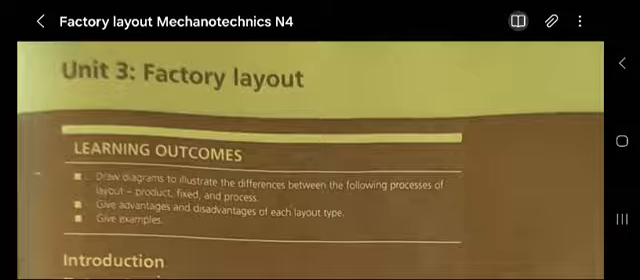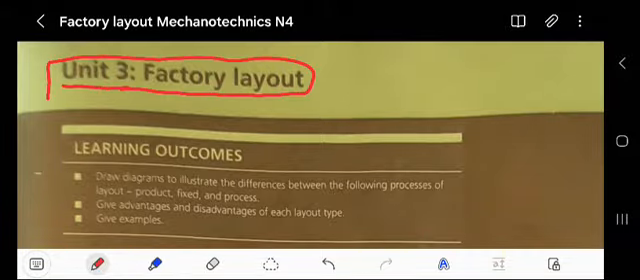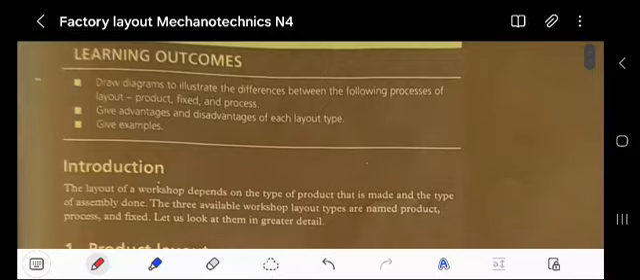Okay, so we have unit 3. As I've promised that I will bring unit 3. After this unit, we'll go to unit 4. So unit 3 is factory layout, guys. In these learning outcomes, we learn how to